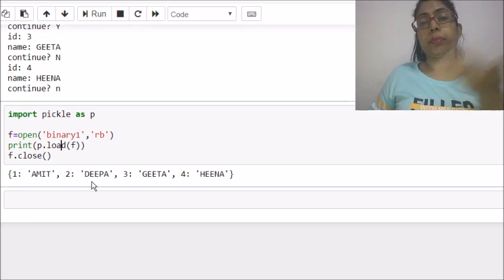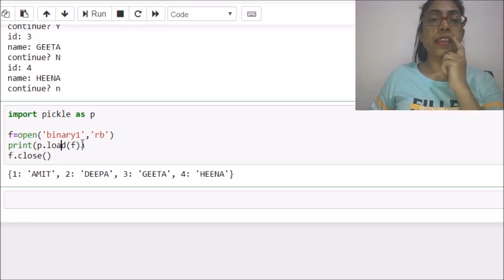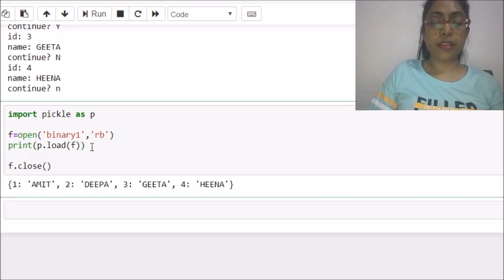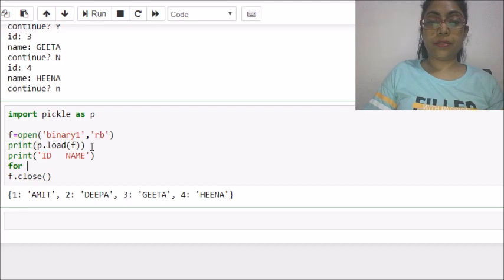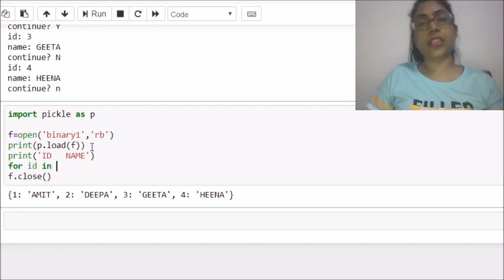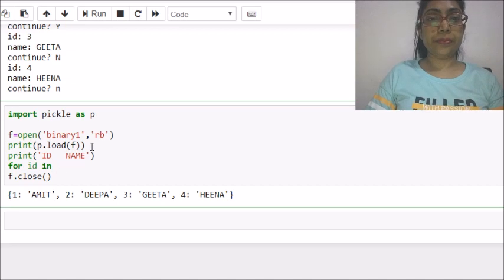You can print this value systematically also. I have just printed the whole dictionary in one line, but we can iterate it one by one and print it in a better way. For example, here I am printing the headings first. So my headings are ID, and after ID, name.